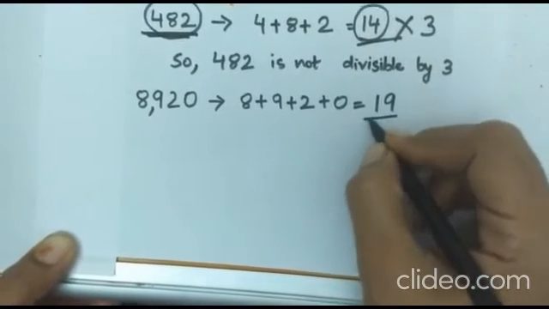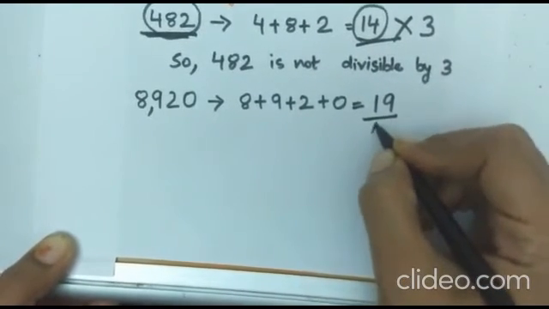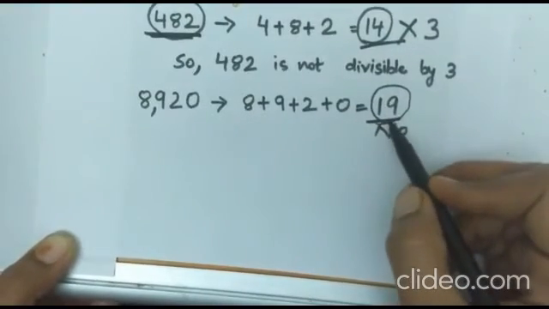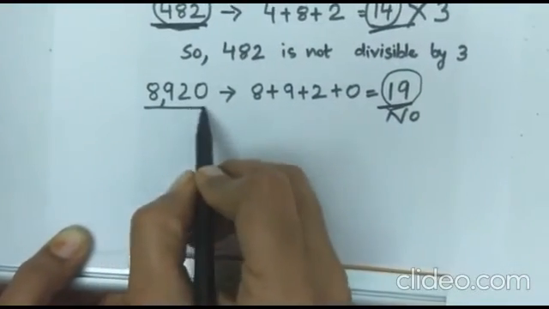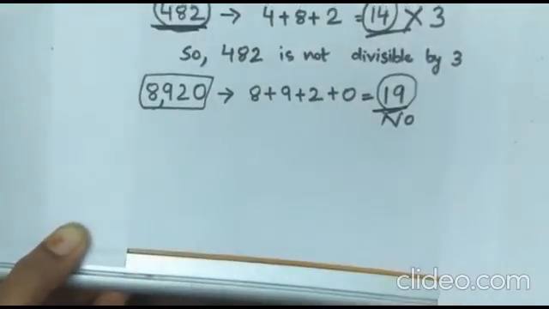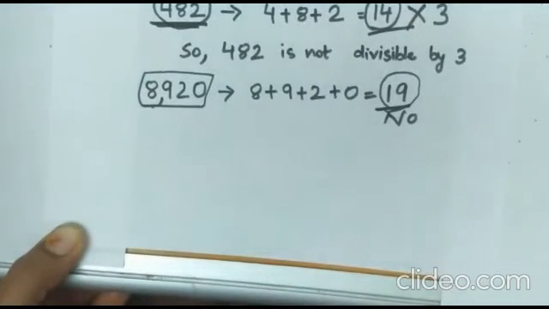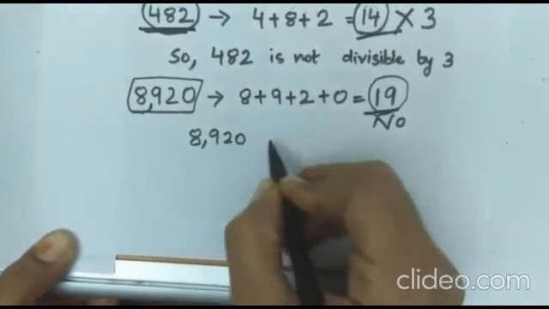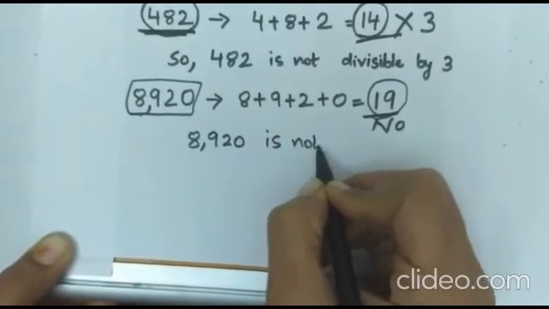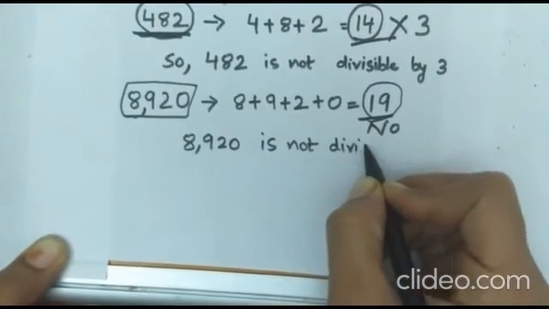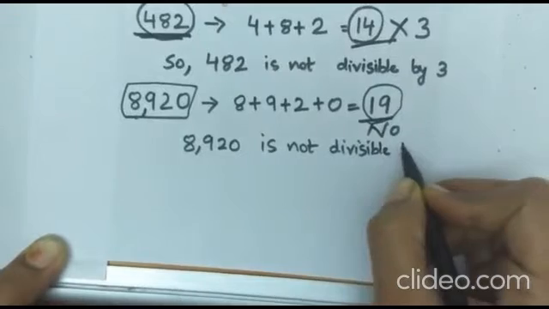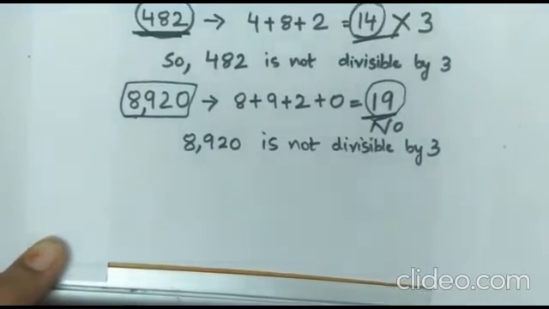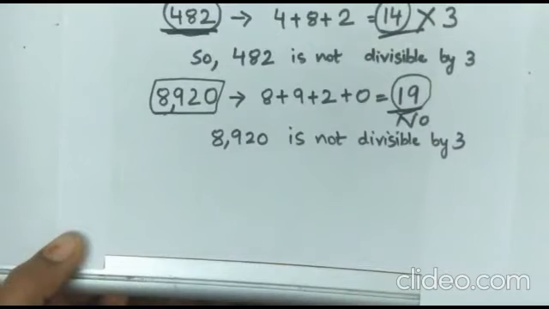Now 19 is divisible by 3? No. If this is not divisible by 3, this means the whole number is not divisible by 3. So 8920 is not divisible by 3. Clear? Now next example is